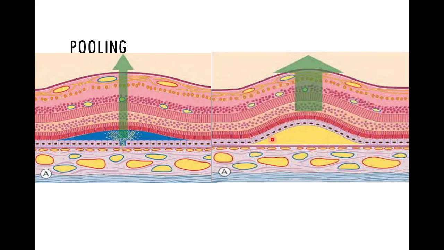But here, this is the retinal pigment epithelium and this is the Bruch's membrane. So, this is pigment epithelial detachment. Understood? So, these two pictures are different. This is neurosensory detachment and this is pigment epithelial detachment. Now, in neurosensory detachment, the neurosensory retina is loosely adhered to the underlying RPE.